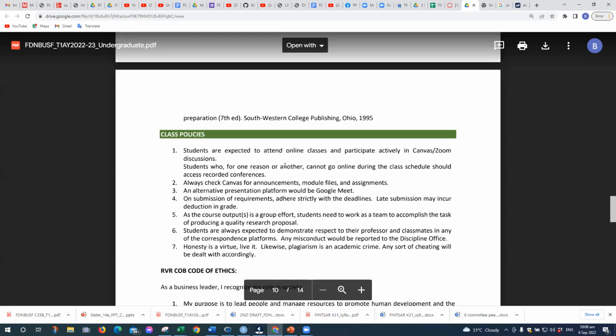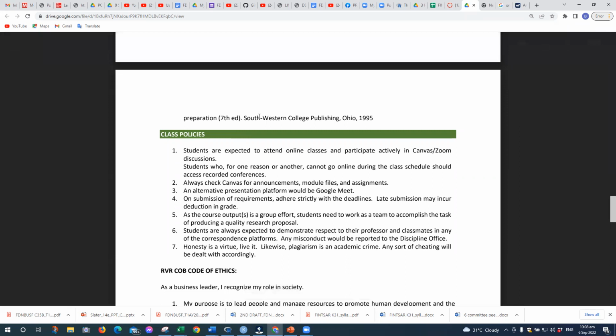Okay, so I'm thinking of creating a Messenger group for us, because sometimes it's easier to communicate through Messenger. While we will be using the announcement in Canvas, I'm suggesting that we also create